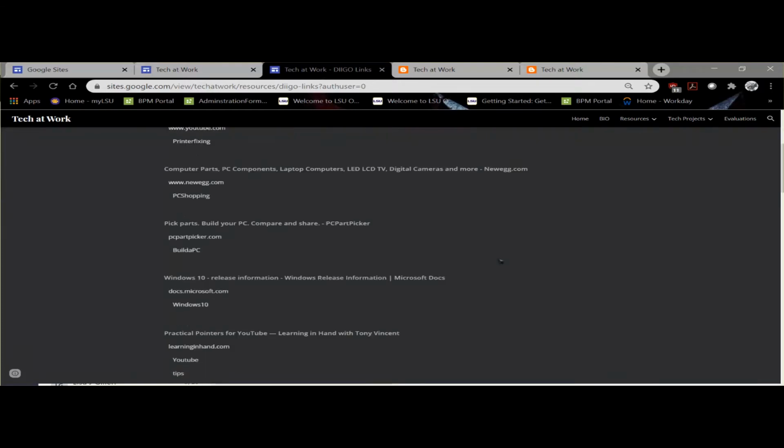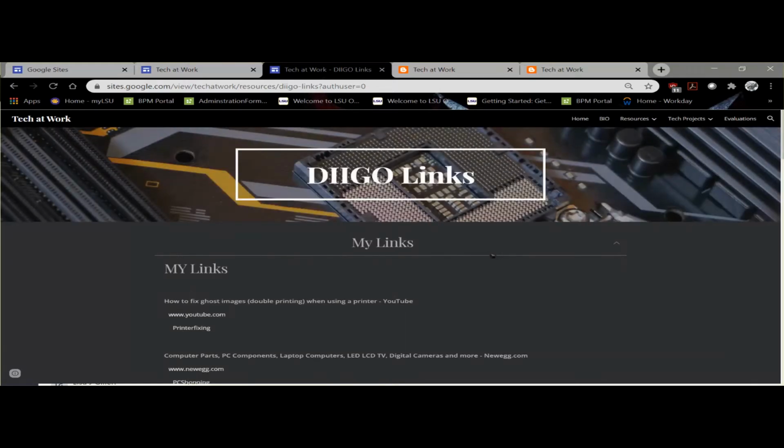Just so, if we come across how-tos or tips and tricks type sites, videos, things like that, we can put them into that page and we'll all have access to it. Because right now it's basically the Wild West of curation, where we either bookmark it ourselves on our own bookmarks, or we try to go back to, say, an email. Hey, I sent you an email 2 weeks ago about how to fix this. Go check it out. And then, it's not really the most efficient way of doing things. So I have suggested this. So thanks to this class, I've got a little bit more insight on Diigo and how it works.